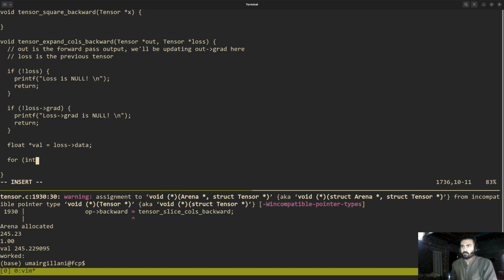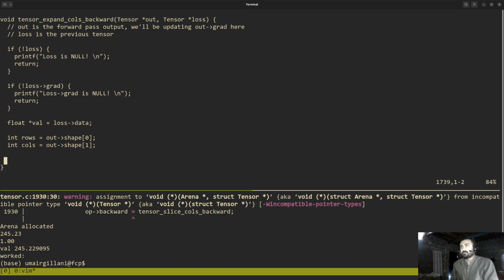So for rows equals out shape 0, and this is going to be, let's just copy this. Perfect. Okay, so rows and columns, and now